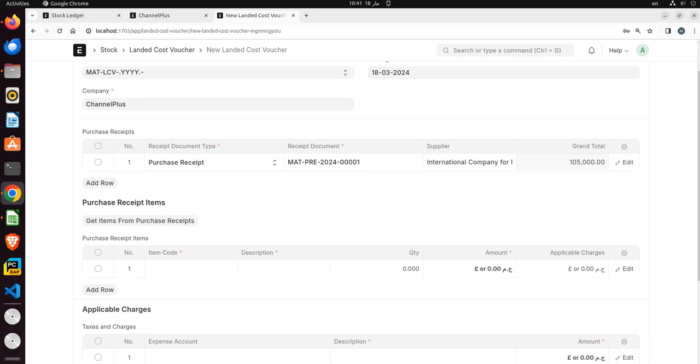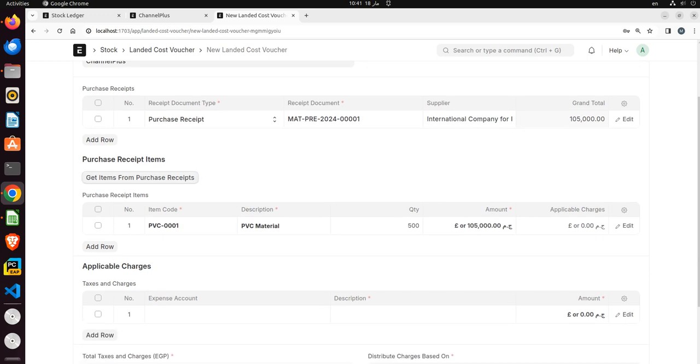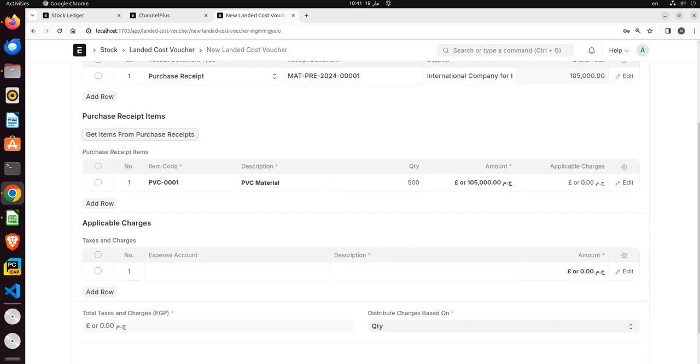Actually, this form is very tricky, because using this form you may have different costing models for the different goods on the same purchase receipt. However, for simplicity, we have made a purchase order only for one item. Anyway, we will get the items from the purchase receipt. We have one item, as I said, and here we will record all the applicable charges, and we will select expense